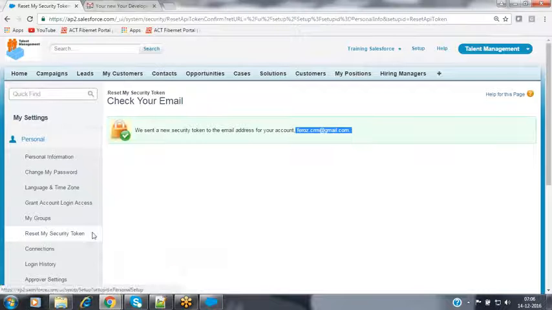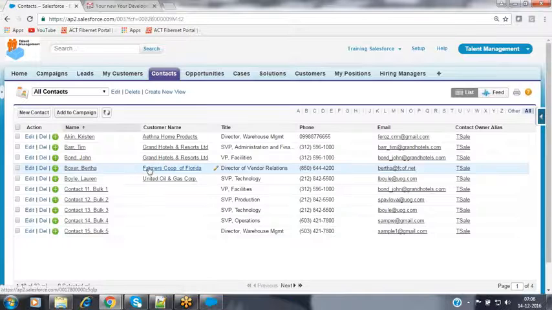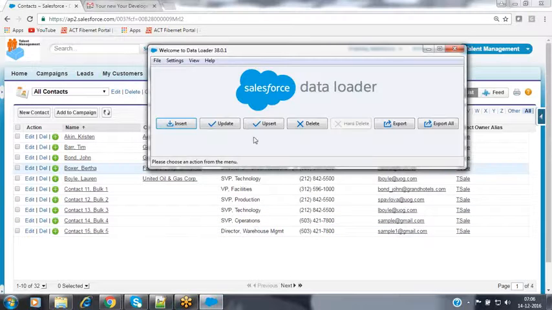Now let's go to your Salesforce instance and go to your contacts. You can get those records as well. Now these are bulk 1, 2, 3, 4, 5, contact 1, 1, 1, 2, 1, 3, 1, 4, 1, 5. All these records have been inserted successfully over here. This is a way we can insert records by using the data loader tool into your object over here. The next one.